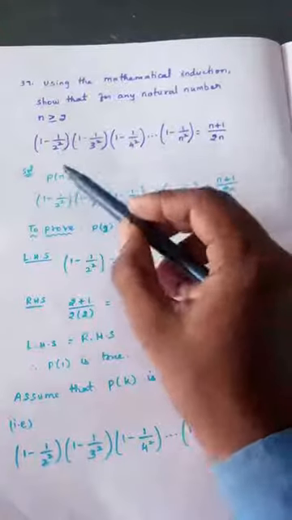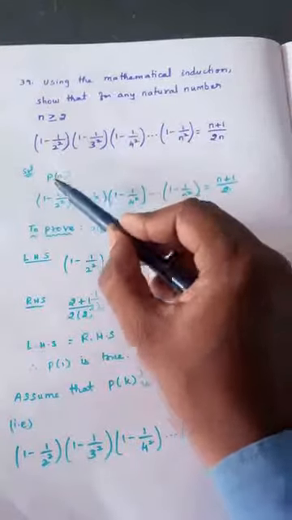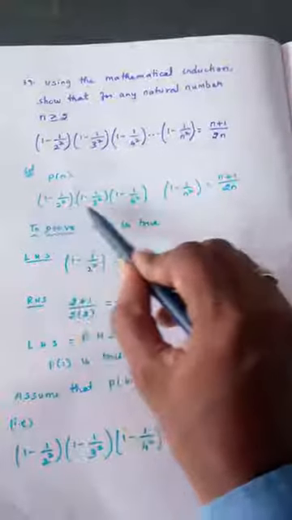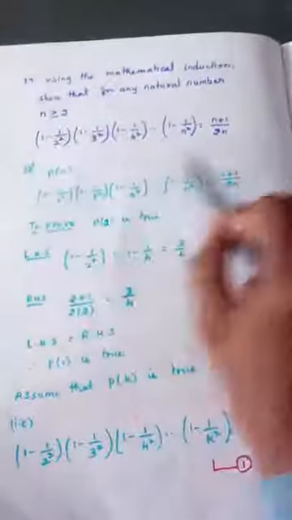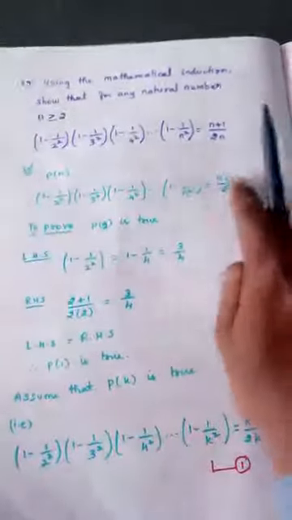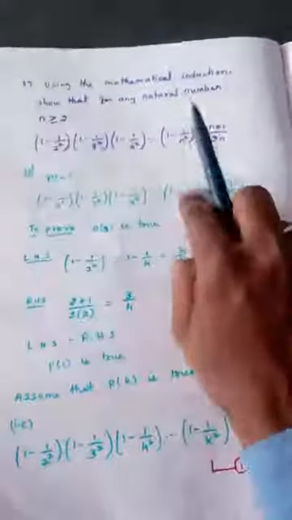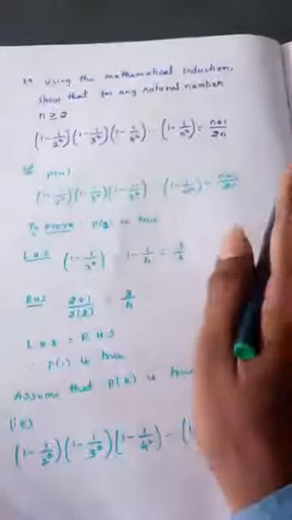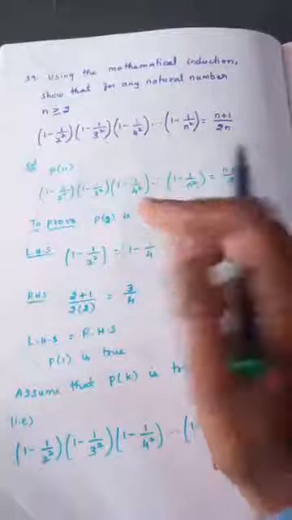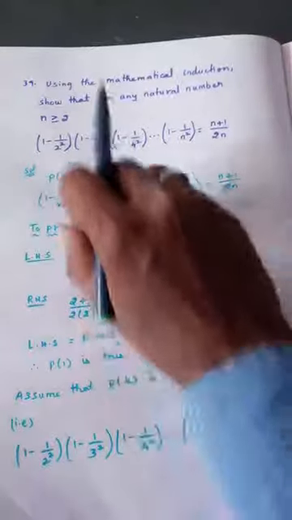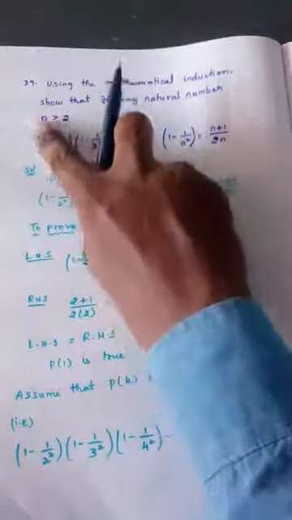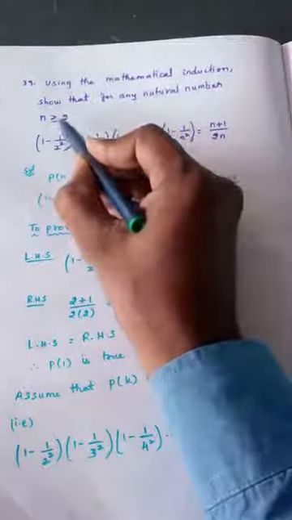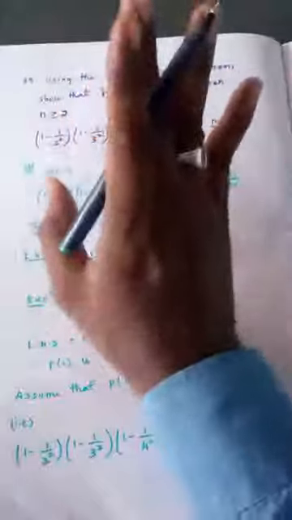So what is the first step? We should write the statement, and statement name is P of n. P of n is the statement. So we are writing what is given as a formula. We have to prove that this result is correct. What is the first step? We should prove that P of 1 is true. But in this sum, I have changed 1 as 2 here. Why? Because of this reason. The result only can be applied from 2 onwards. N is equal to 2 on. For n is equal to 1, we cannot apply the result.